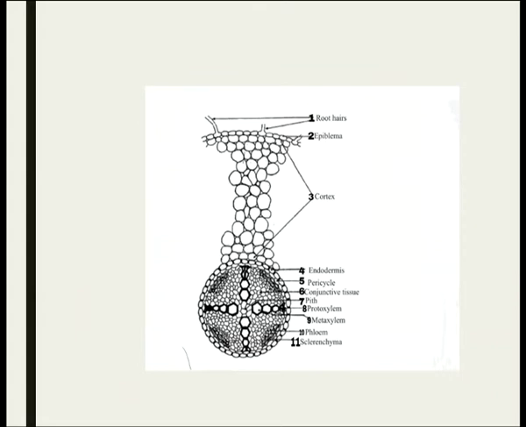Casparian strips are the thickenings on the wall, so that there is no wastage of water flowing from outside to inside or inside to outside, and this is how they give a direction to the flow of water inside the